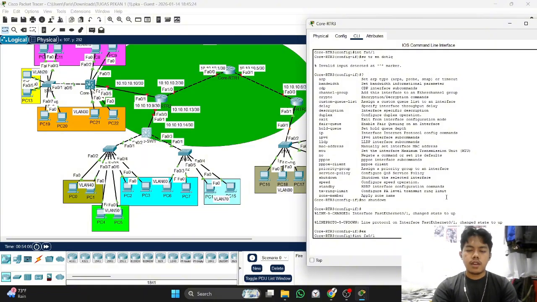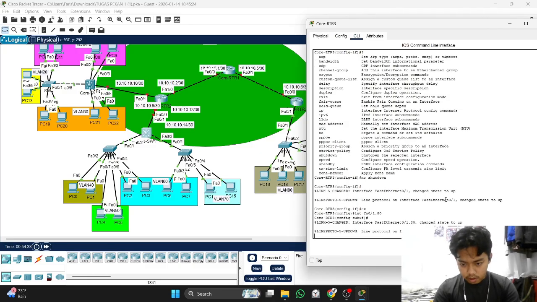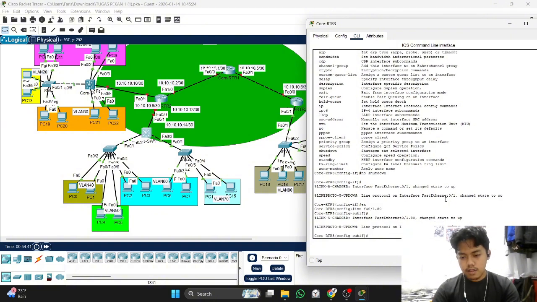FA0/1 is the physical interface, the interface that goes to the switch. And if we want to create the sub interface, we just add a dot and then the number of the VLAN. This makes it easy for identification. Okay, the sub interface.